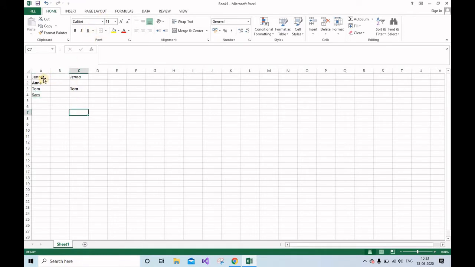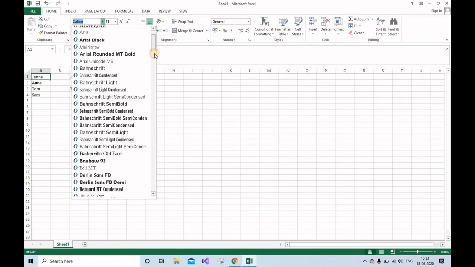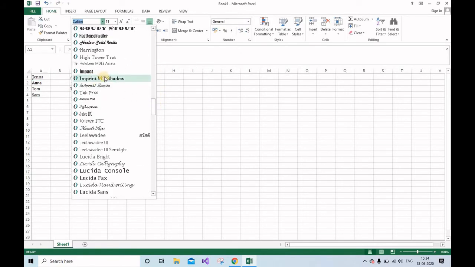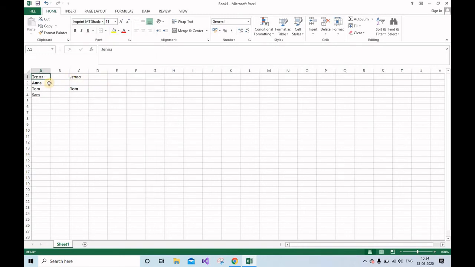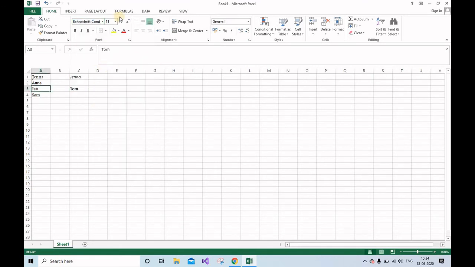As well, you can change the font from here. So go here, these are the fonts provided by Microsoft Excel. You can choose any font whichever you want. See, the font of the cell will get changed once you select any font.